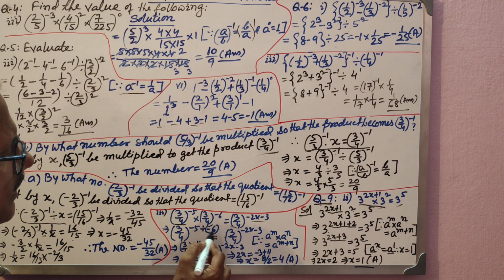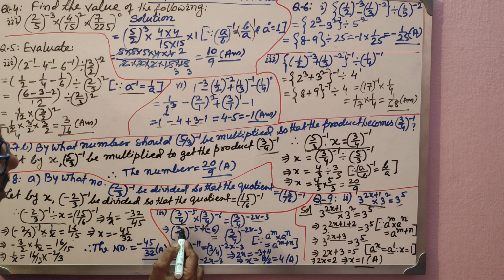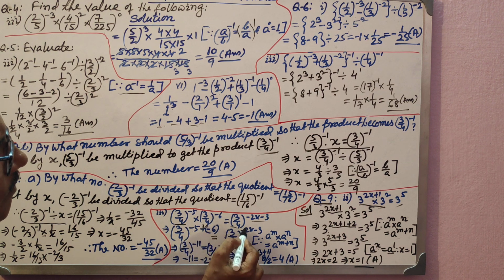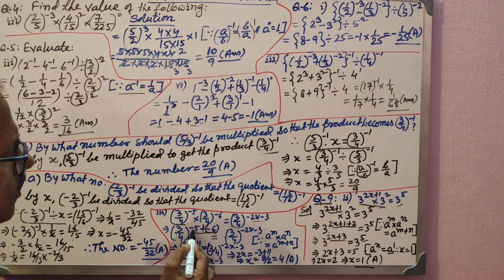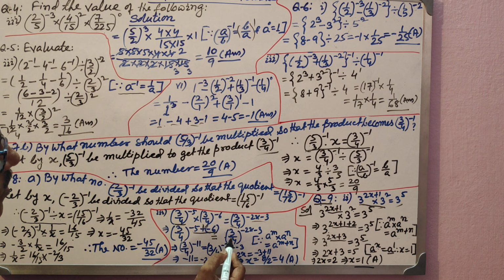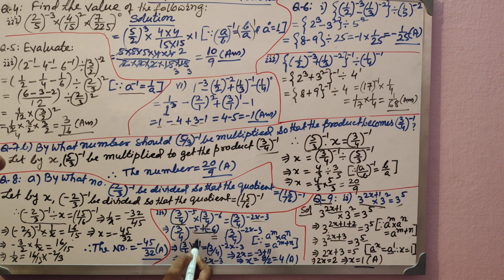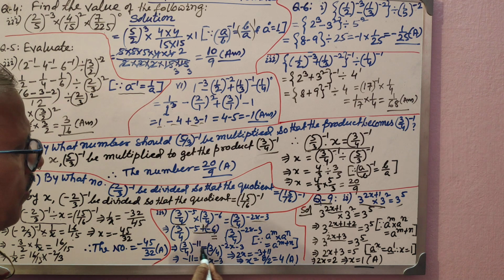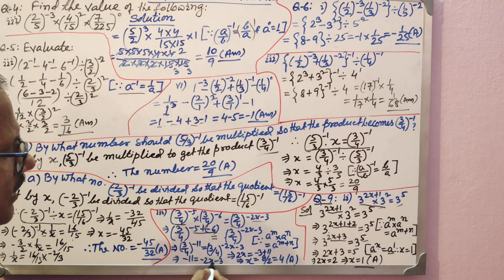So minus 5 plus 6 is equal to what? That side the base will be same, only 3 by 4 to the power 1. This side it will be 3 by 4 to the power, solve it, no, minus 2x minus 3. So this side 3 by 4 to the power 1 and this side 3 by 4 to the power minus 2x minus 3. Both sides bases are same, so powers will be equal. Minus 11 is equal to minus 2x minus 3.